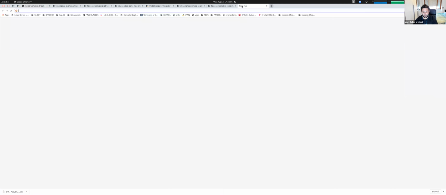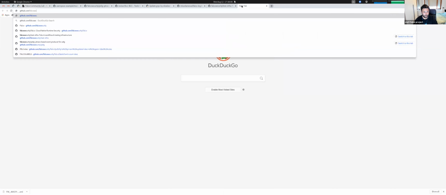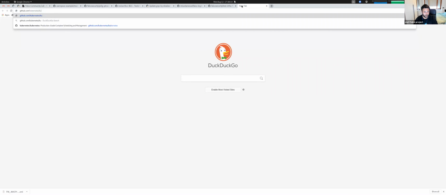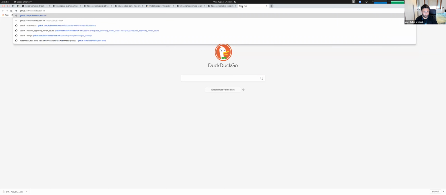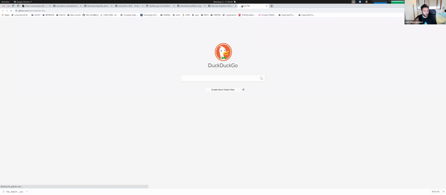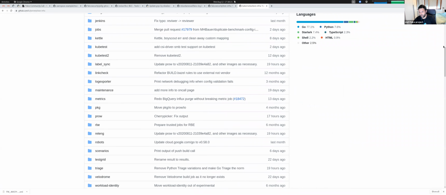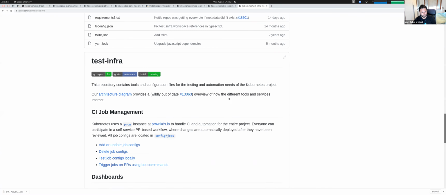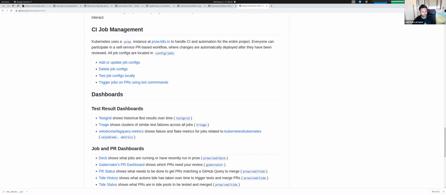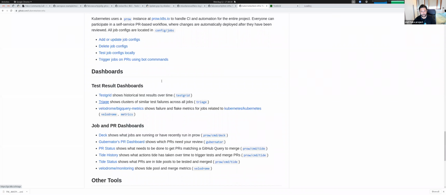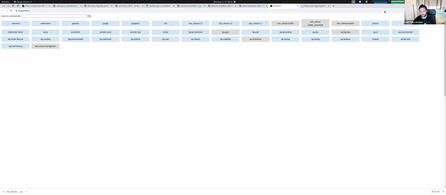doing dashboards and everything. I know that this stuff might be, who cares about this, but I just want to show a link to everyone for what I mean. So this is the Kubernetes test infra, which is very similar to what we have. And the kind of dashboards that we want to start enabling are these kind of dashboards, right?